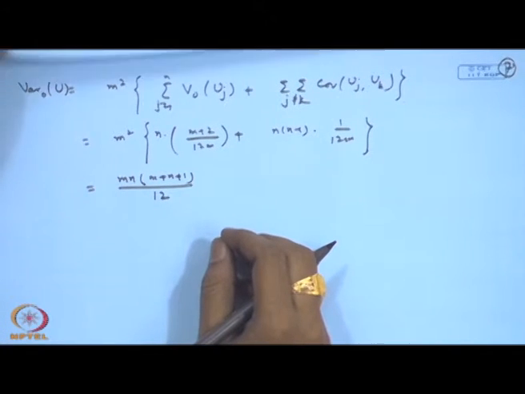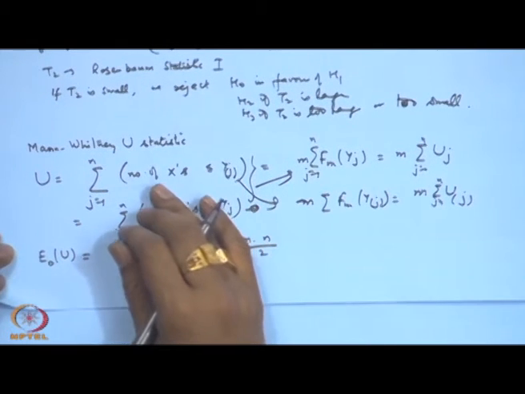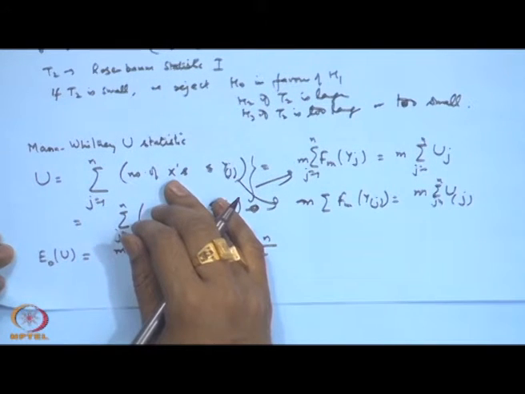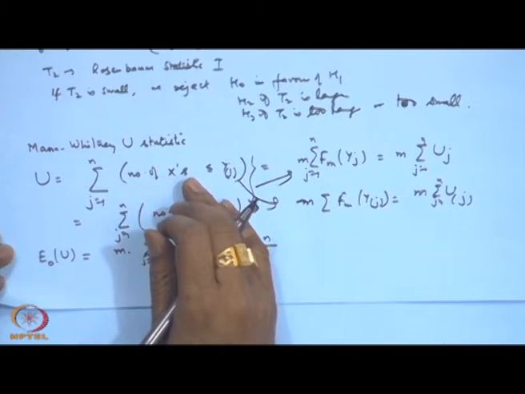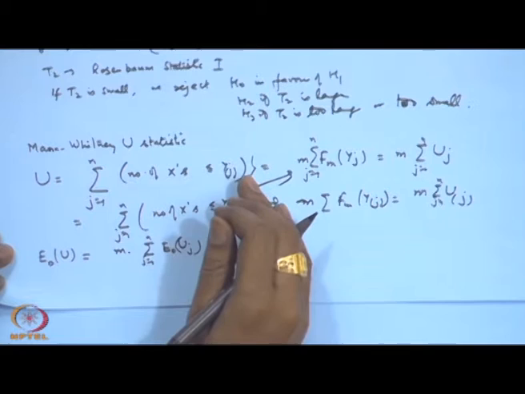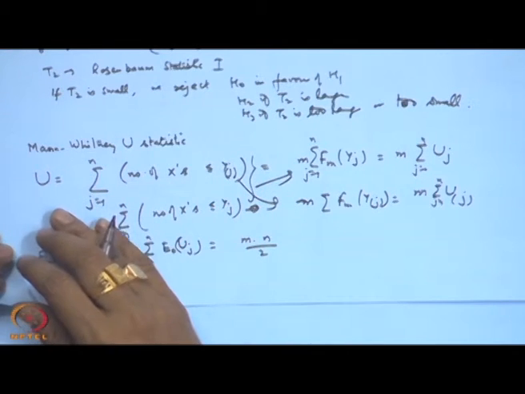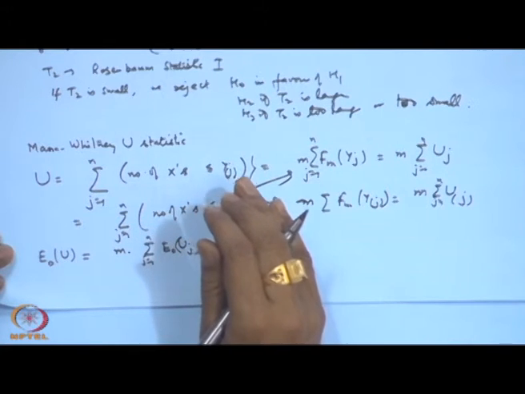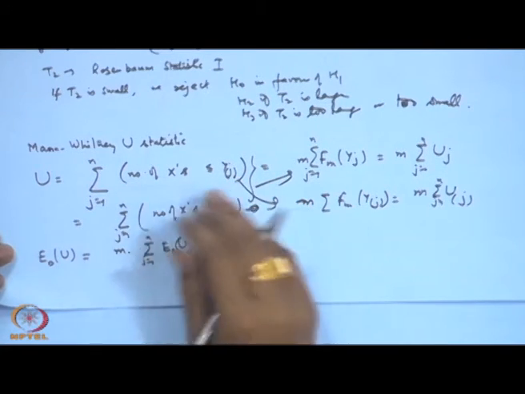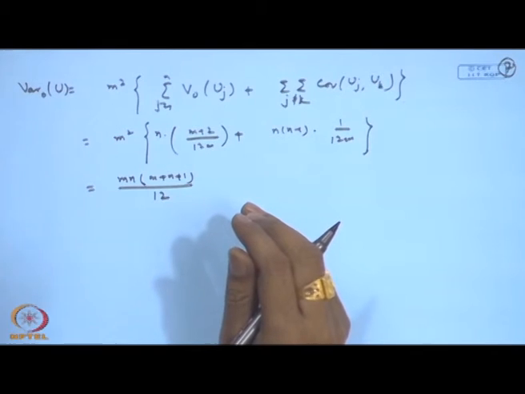Once again, if there are more x's which are less than or equal to y_j's, then the median of x's will be greater than the median of y's. So, for large values of U, we will be rejecting H naught in favor of H 1, and similarly for the other hypothesis.